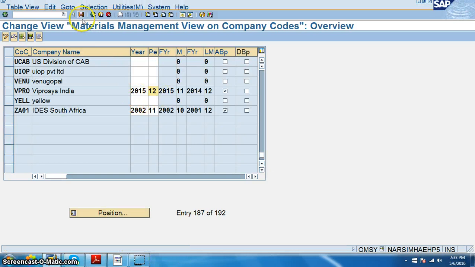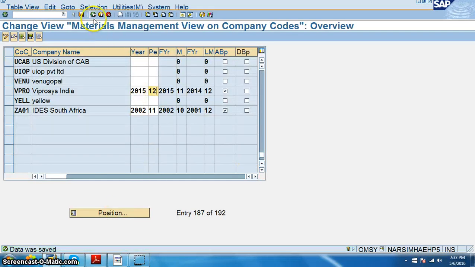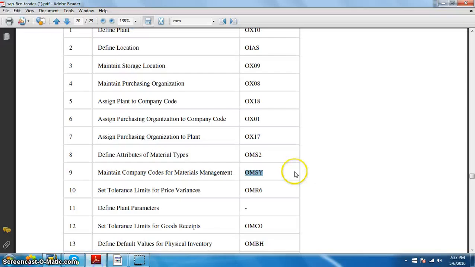We took the year as 2015 and saved it, and because that is already maintained, we'll fix up for 2016 as well later. Set tolerance limits for price variances, it is OMR6.